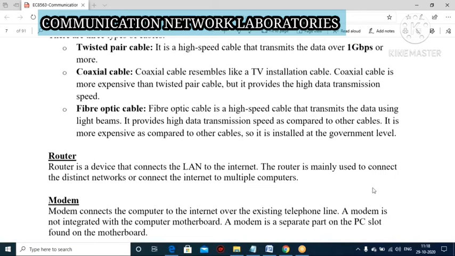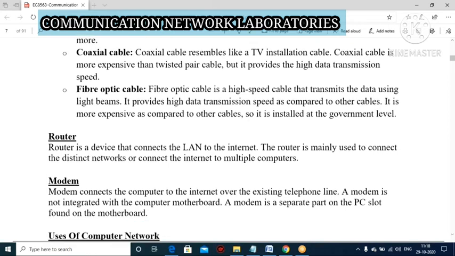tablet, right? But here the modem does not require any specific part present in your motherboard, because it can act as an external part only, an external slot only. But router, when compared to the modem, router is the best one, isn't it? Because when a larger number of systems need network access, you use the router. If only one system or a few devices access your internet, you can use the modem, because now we have the plug-in modem and the wireless modem is also available, right?